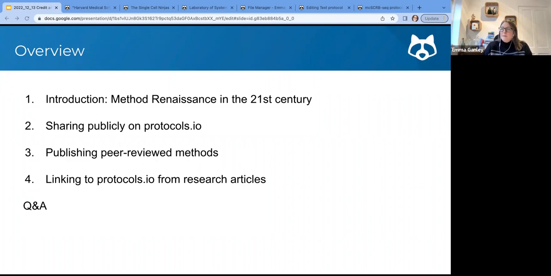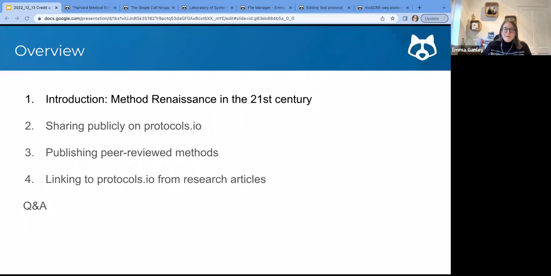There'll be a bit about the history of reporting methods and method development, optimization, not getting the recognition as worthy of standalone publication and not getting the credit that it deserves, and how that's really changing now. It started to change about 20 years ago as methods started to be more recognized as an important independent output. And we'll just talk about how you can get credit in protocols.io.